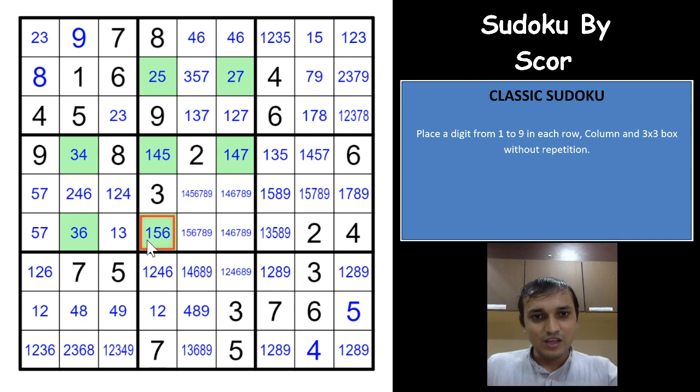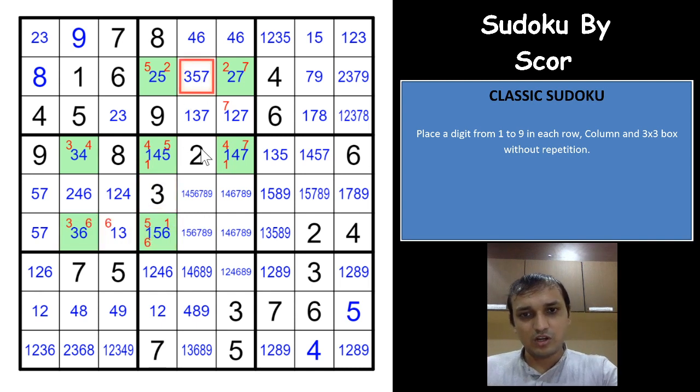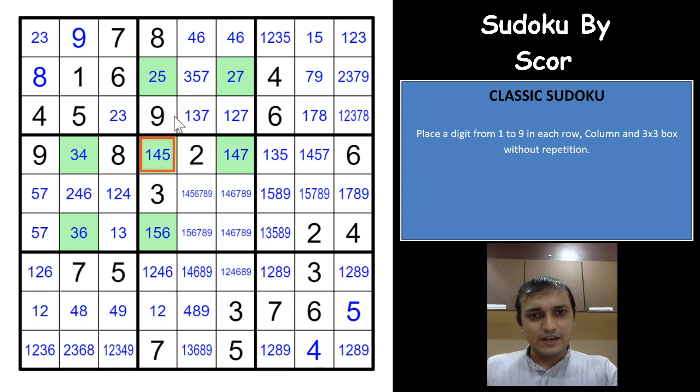And if you see here now, 3 would have to be in one of these 2 cells. I am marking that in red here. 4 would have to be in one of these 3 cells, 5 in these 3 cells, 2 in these 2 cells, 7 in these 2 cells, 1 in these 3 cells, and 6 in these 2 cells. You cannot have a 2 here, of course, and a 6 here. So that will actually eliminate 3 from all the other cells seeing these 2 cells, and 4 from all the other cells seeing these 3 cells.